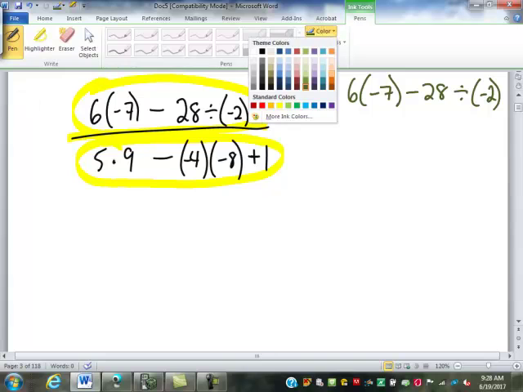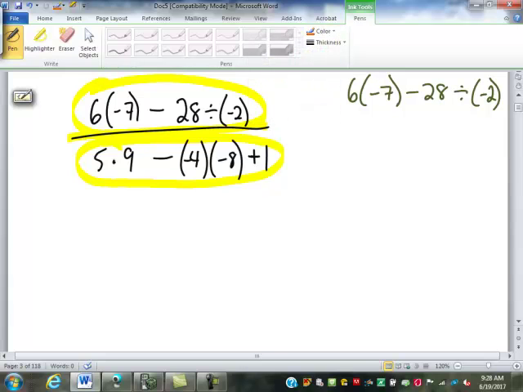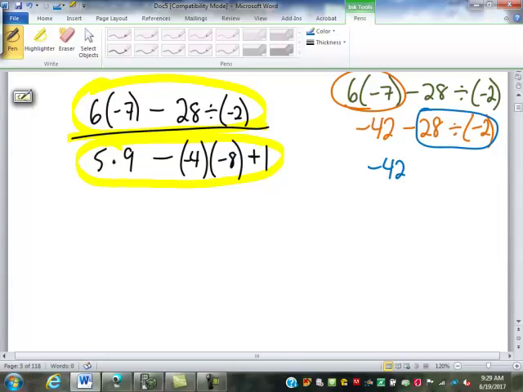On top there, what do I need to do first? Multiply the 6 times negative 7. Okay, 6 times negative 7 is negative 42. Now what? 28 divided by negative 2. We have negative 14, right? Now you got to be careful. Make sure